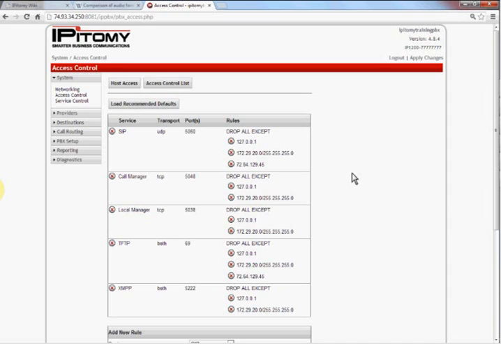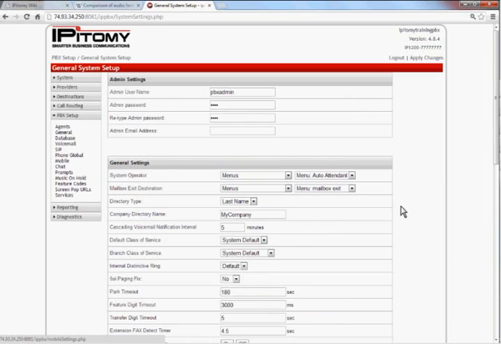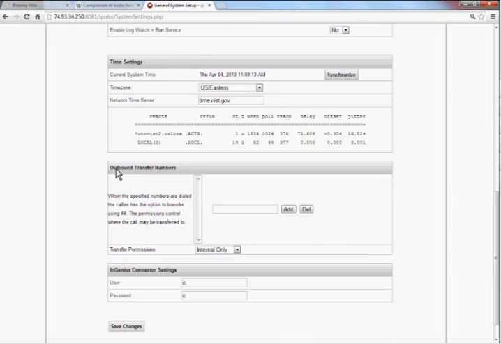Now, there's really two ways to take this. On a cell phone, you can make a cell phone a part of the system just by sending calls to the cell phone number and allowing that number to invoke transfers. And that's pretty easy to do if you're wanting to set that up under the PBX General page. You can set up outbound transfer numbers. And if I wanted to put a cell phone number in here,